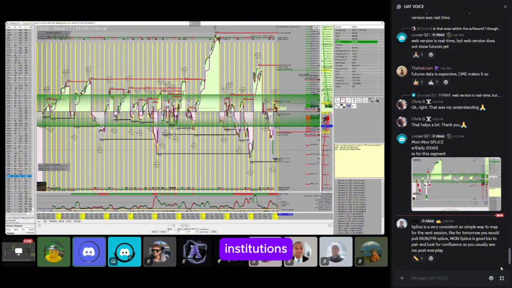The guys at the institutions will see this too, because they're doing stuff very similar to this, and they will work as a group to try to take us down until that stops, until that fails. And that's what's hard with trading, because we don't know when that'll fail. There may be some news that comes out, information that changes the trajectory on a dime, and then it doesn't carve out down. But right now we know anecdotally that the evidence is that underneath that green, we'll try to carve out a deeper short side for us.